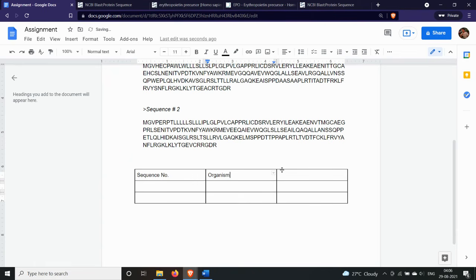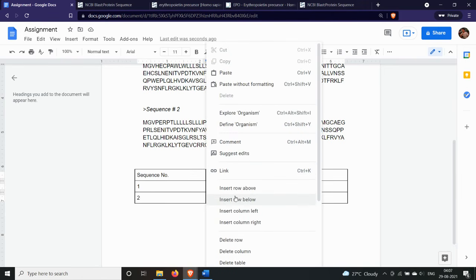Sequence number, organism, and the gene name. So sequence number 1, sequence number 2. We can also add one more column for the protein which we got. Insert column to the right.